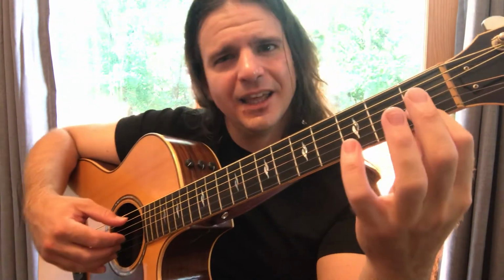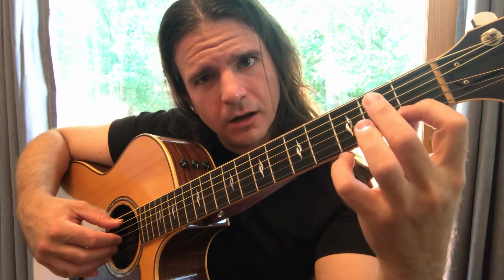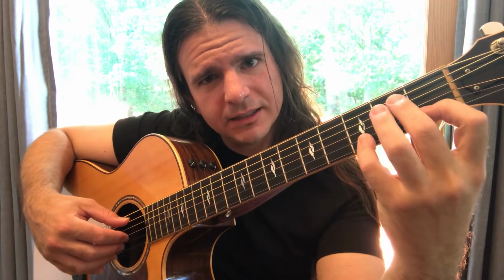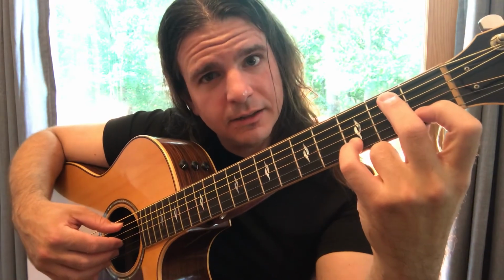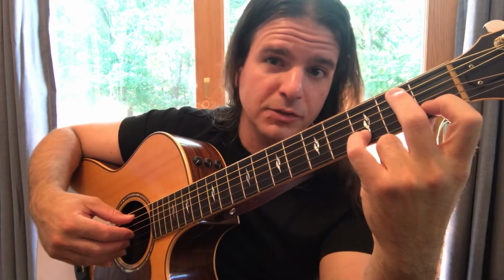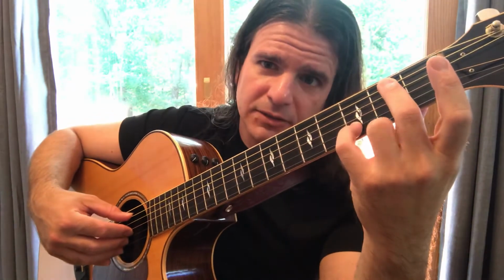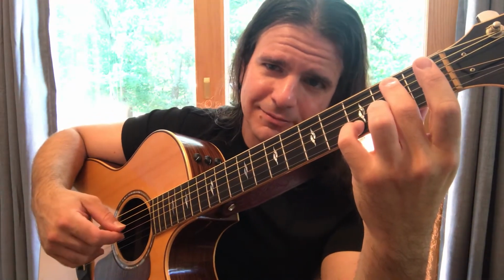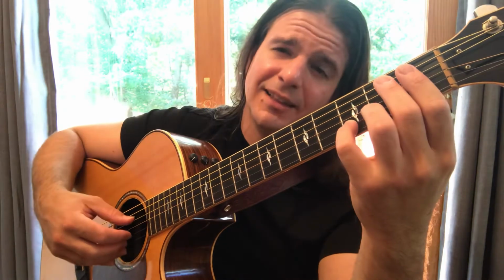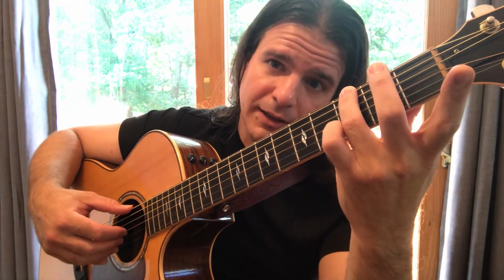Very nice. Next, the second and fourth fingers are going to come down simultaneously onto the second and third frets of the fifth and second strings to play the notes B and D. Looks like that. And this will sound something like this. B and D. Let's add that to what we have so far. Ready, and